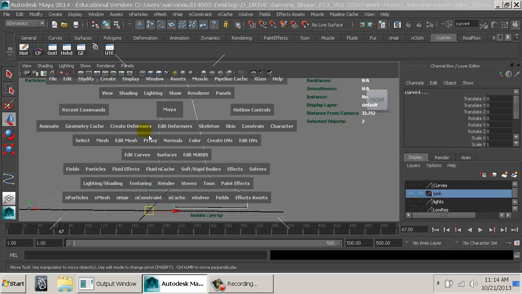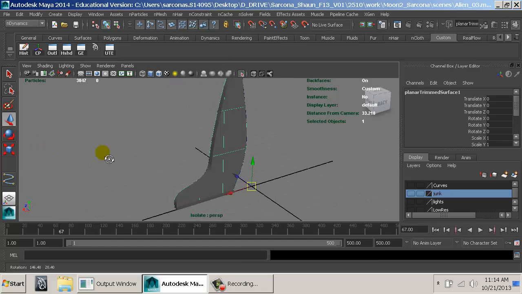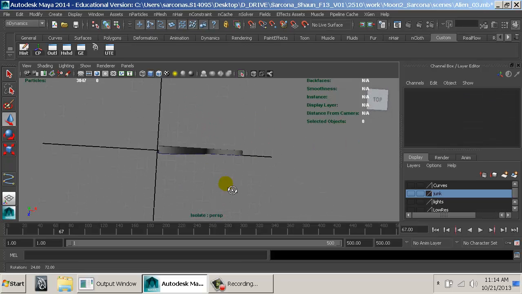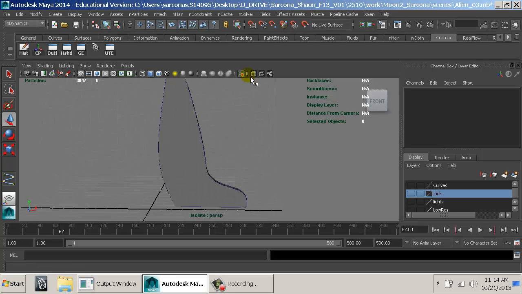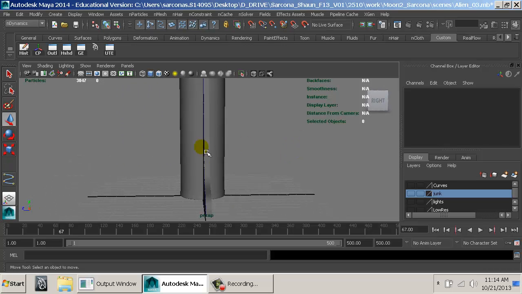Now that I have those selected, I can go to Surfaces and say Planar, and that will fill in that area. Then I can duplicate it, move it, in this case, the Z direction, 0.5 units, or negative 0.5, because that was the length of my extrude there, and now we've kind of capped that off. So now when we unisolate, now we have this wing right here. Now I'm not going to worry about